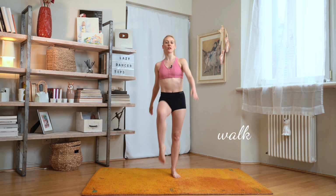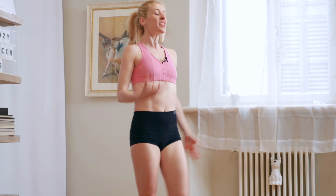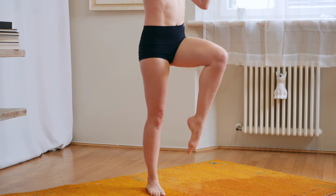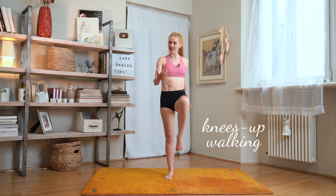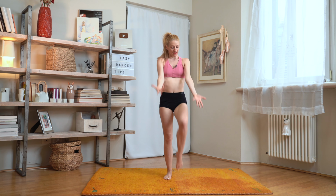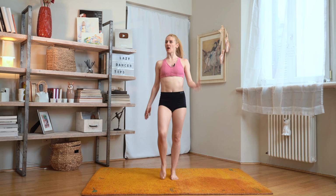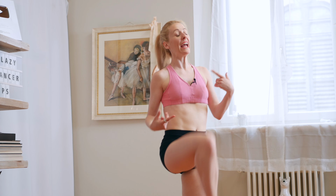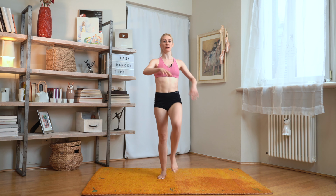All right, start walking already because I want the heart rate to go. Okay, so nothing too fancy. I know that we are having that time nice and easy at the moment. So knees up and really kind of walking with the knees up. Okay, you can either breathe in nice and slow, up and down. Yeah, that's what the knees are doing. In and out, that's usually what breathing does. Okay, and walking. Or if you want that extra, we can go breathe in